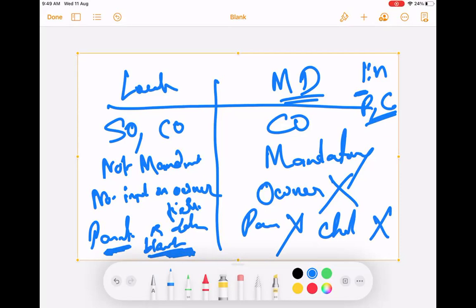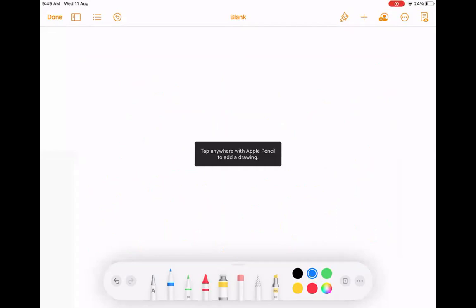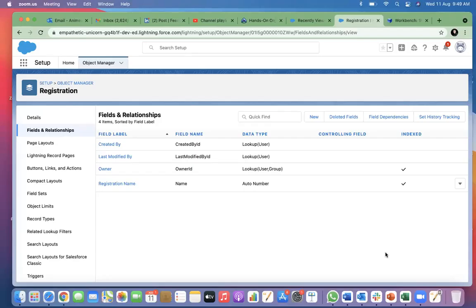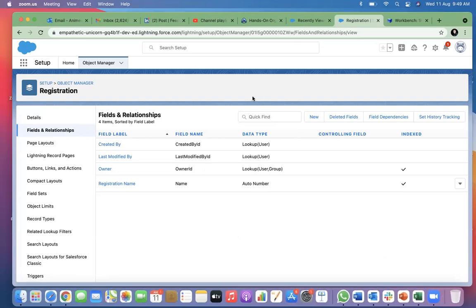Let's see this happening. Now if I go and create a new field, can I create a new master detail field on this object?